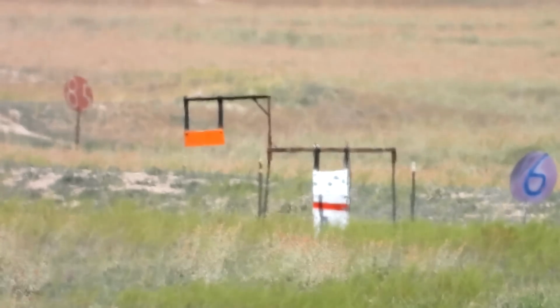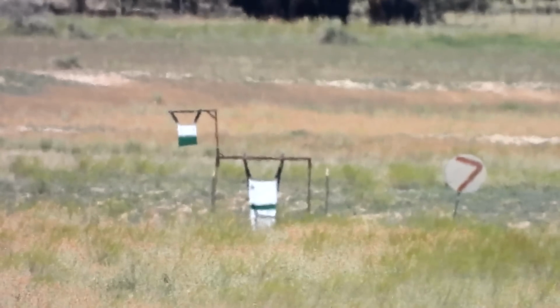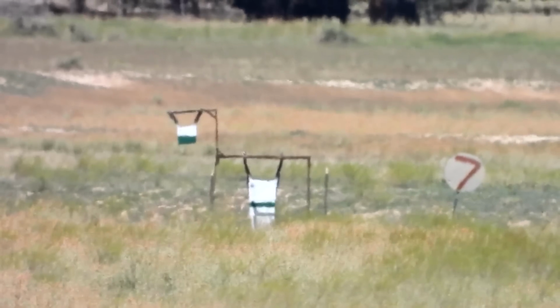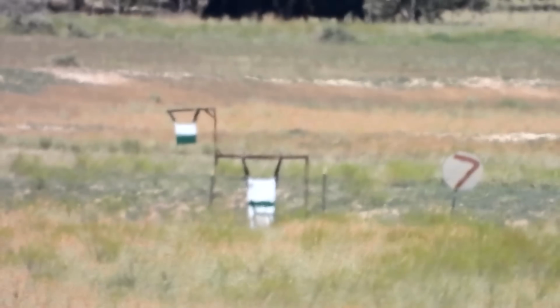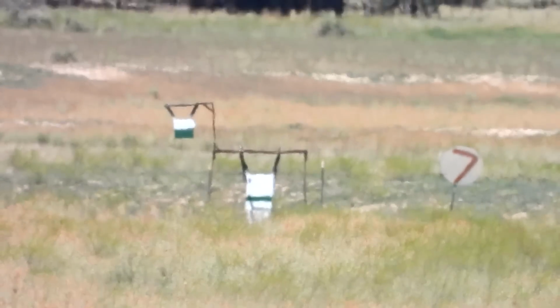Impact. Dead center of the top bar. 700, 700. I've got 18 for the dial. Okay. I'd hold 2 MOA wind. Yeah, you're going to be off the left. About,